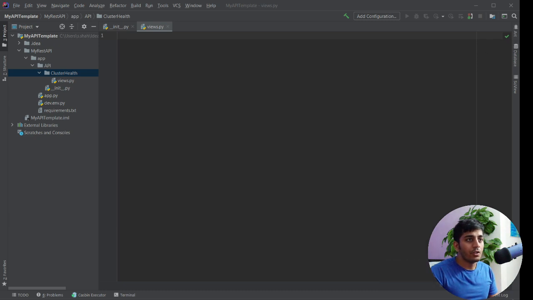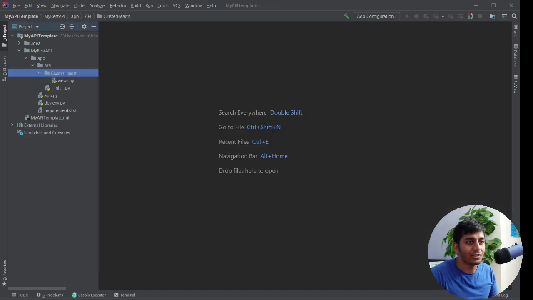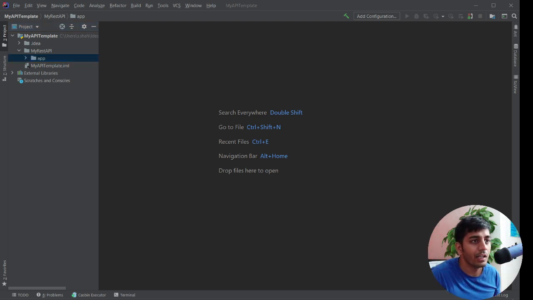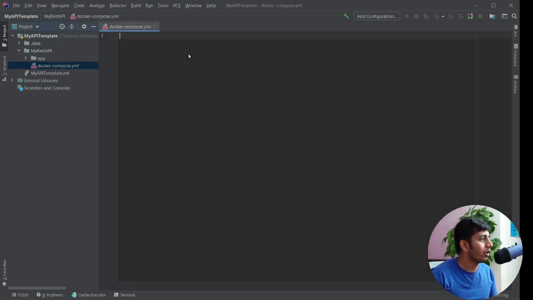Now for the requirements.txt, and remember, we still haven't done the Docker yet, so we are essentially just creating the structure at this point. Okay. Once that is done, we need to start building a couple more things. First of all, we need a Dockerfile and a Docker Compose file. So in the project directory, where it says app.py, you want to create it. I just want to show you where exactly it is. This should be inside your my REST API folder, docker-compose.yaml. See how the structure is following.